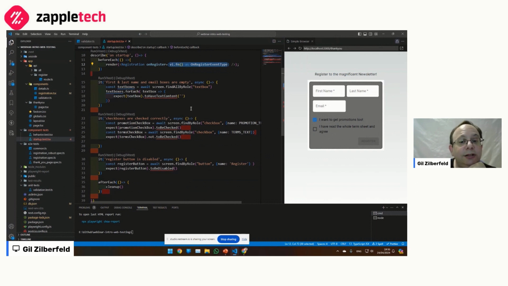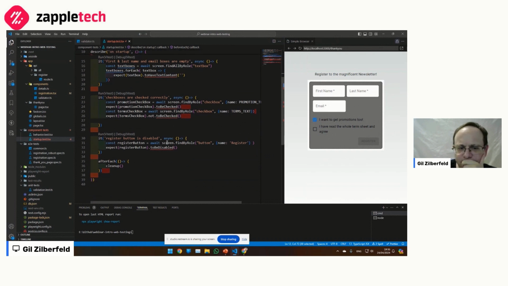Checkboxes are checked correctly. On startup, I'm expecting this one to be checked, this one not to be checked, this not to be checked, and the register button is disabled, obviously. So yes, I can check that on the Playwright level, which I'll show you some of. But I don't have to check everything there.